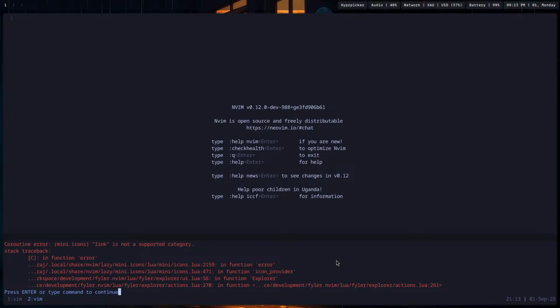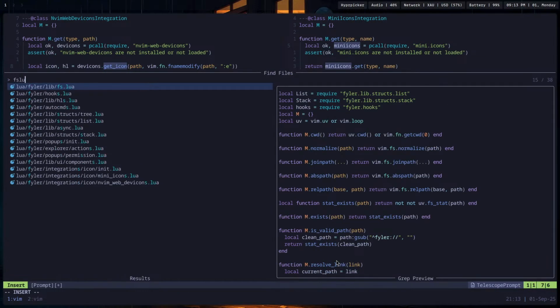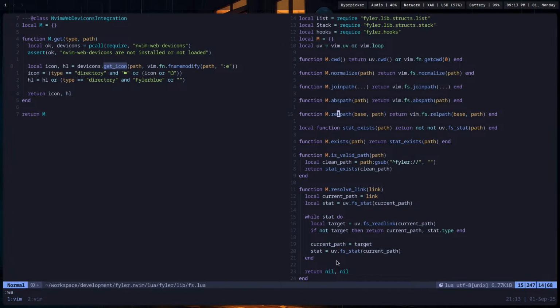Let's see. Link is not a supported category. Wait, what? Hmm, that shouldn't happen. fs lua. If I go to list here,